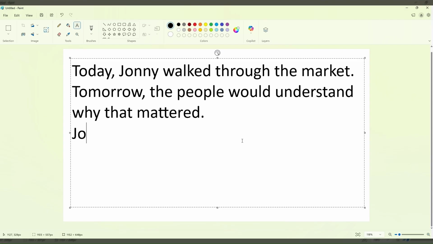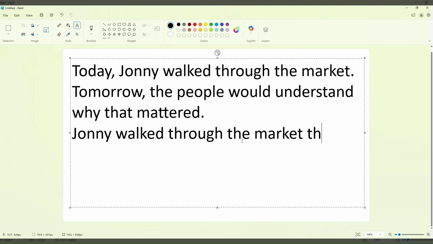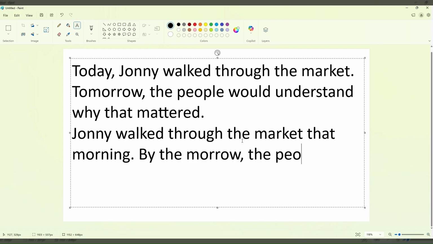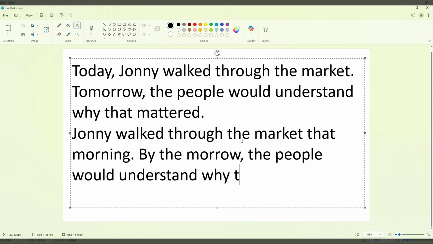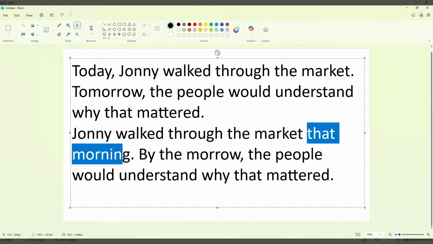Well, we can write around things like this. We can say, for example, "Johnny walked through the market that morning. By the morrow, the people would understand why that mattered." We've essentially said the same thing, but we've used much less relative terms, like that morning, which is much more relative to the character in the story